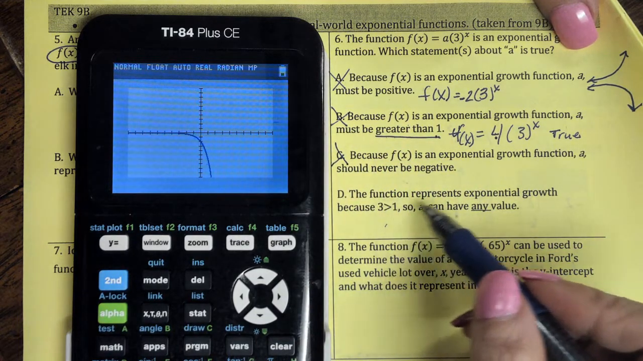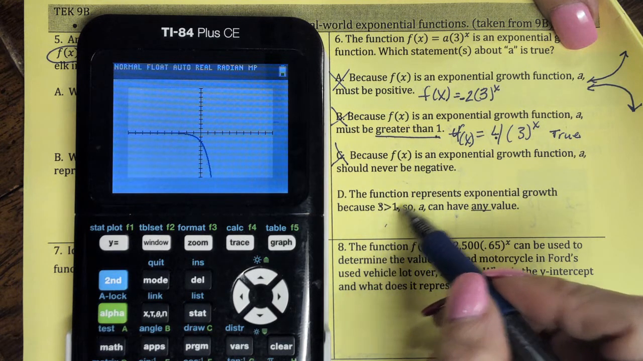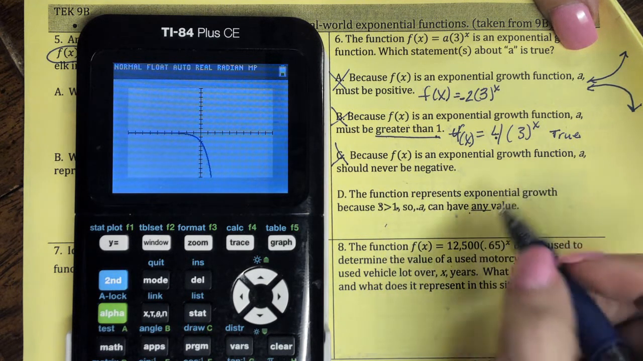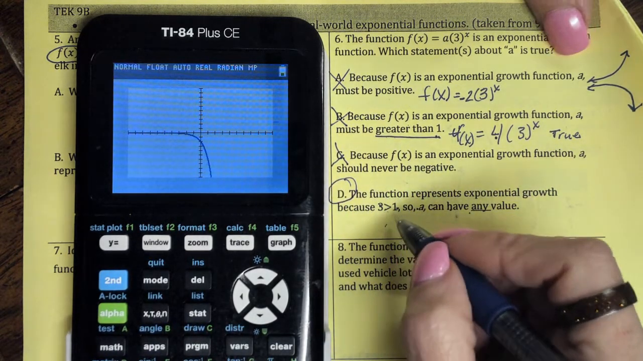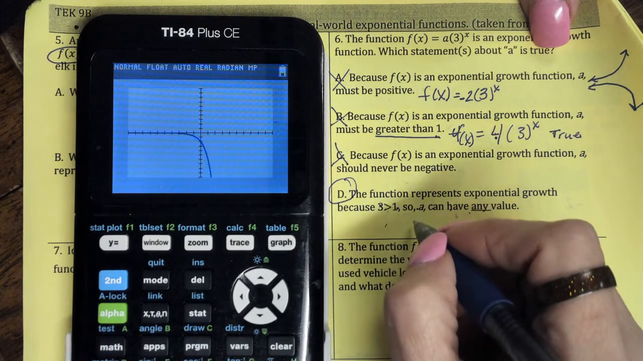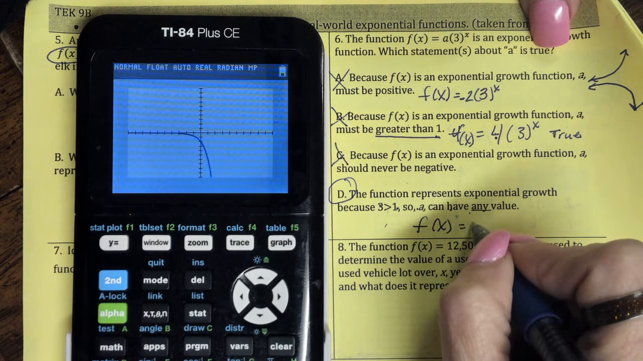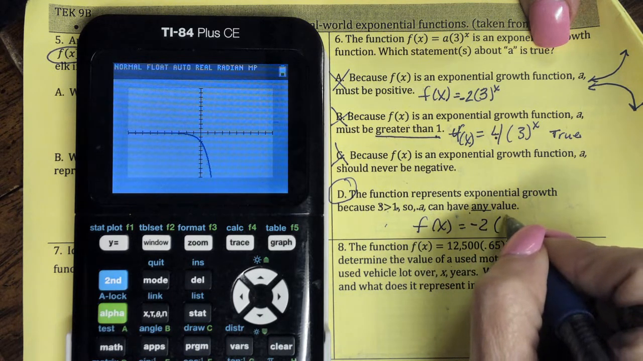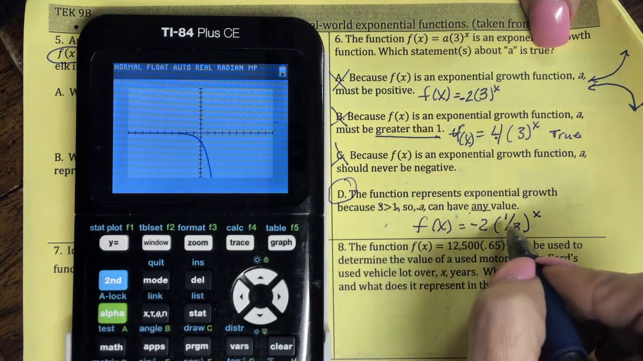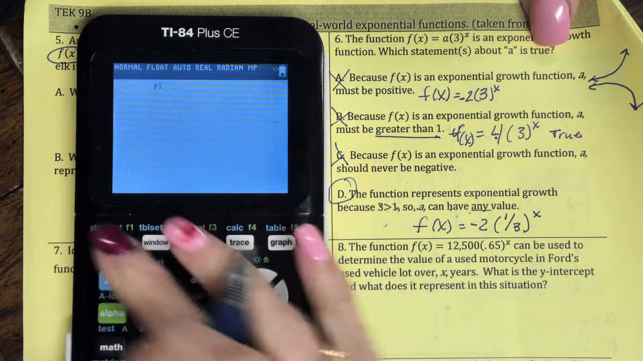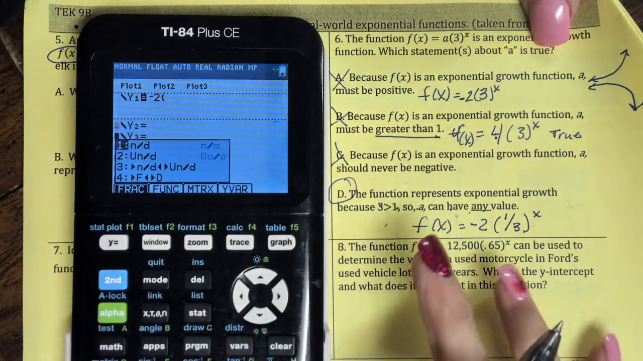All right, let's try this. The function represents exponential growth because 3 is bigger than 1. So a can have any value. I'm thinking that's probably it, but let's try it. 3 is bigger than 1. Let's try a value. Let's put like -2. And then let's put it where the 3 is smaller than 1. So y equals -2 times